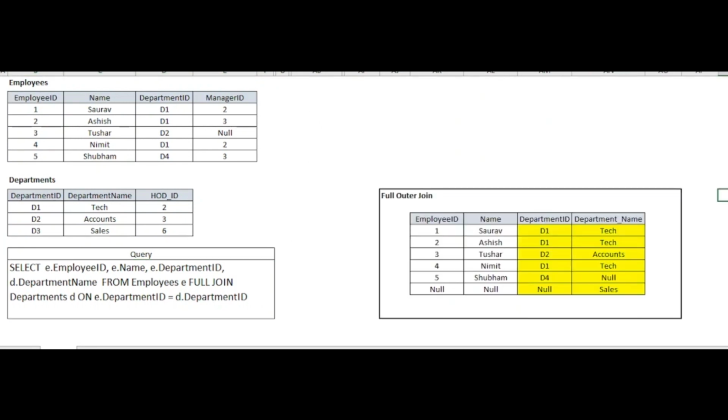Now from the definition of full outer join, we know that the full outer join will create the result by combining both the left join and the right join results. That is, the result will contain all the rows that are present in both the tables. So if we run this query, we will get the following output. Over here we can see that the output contains 6 rows. It contains all the rows